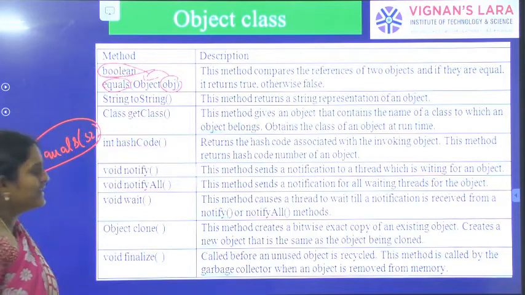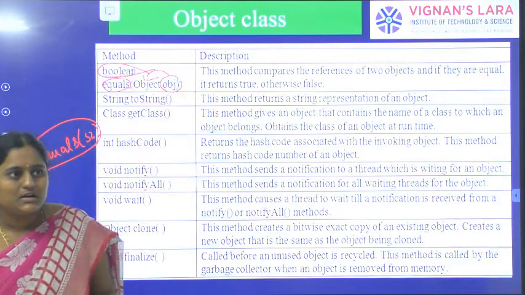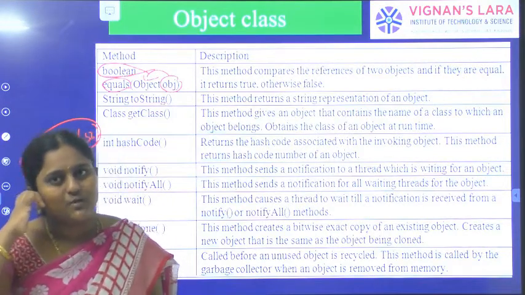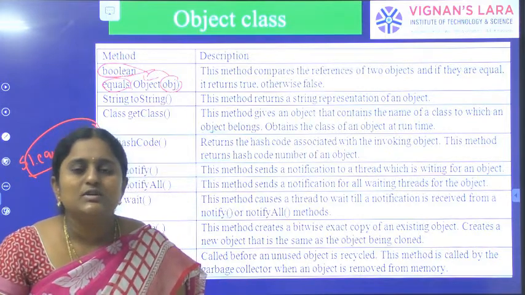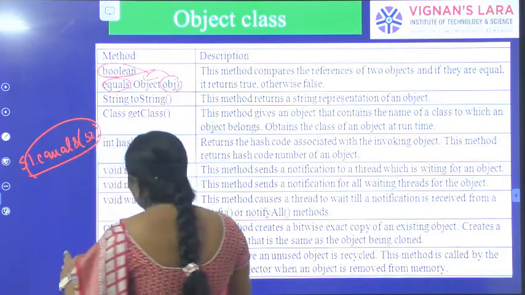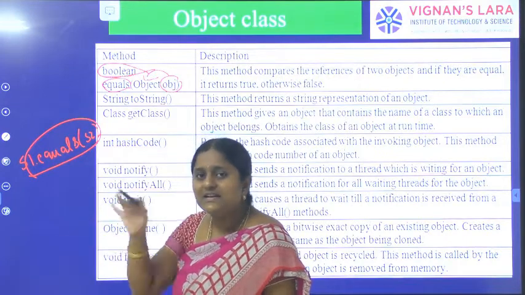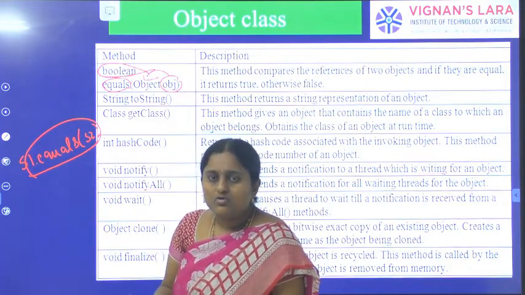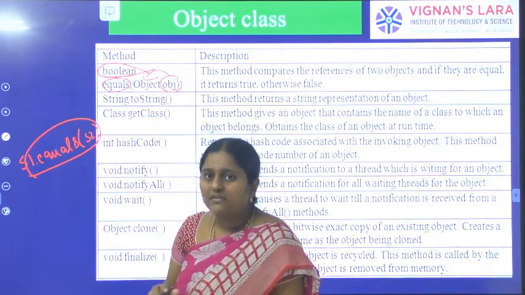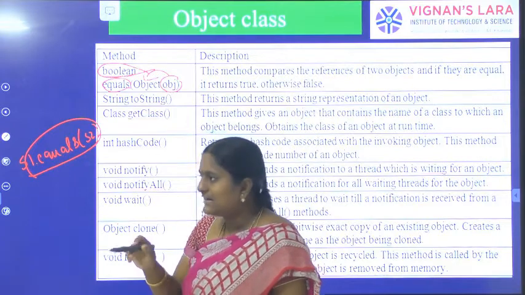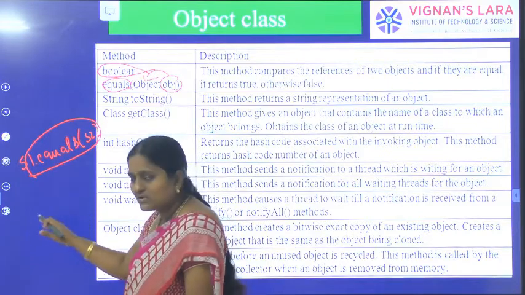So next one, the hashCode method. hashCode is a method. It is present in which class? The Object class. It returns the address of the given object. Suppose here I am creating two objects. I define one variable, String s1 equal to hello, and after that I am printing it. I want to know which address s1 holds in our memory space. By using the hashCode method, it returns the address of the given object. So it contains some decimal values, some hash code values.